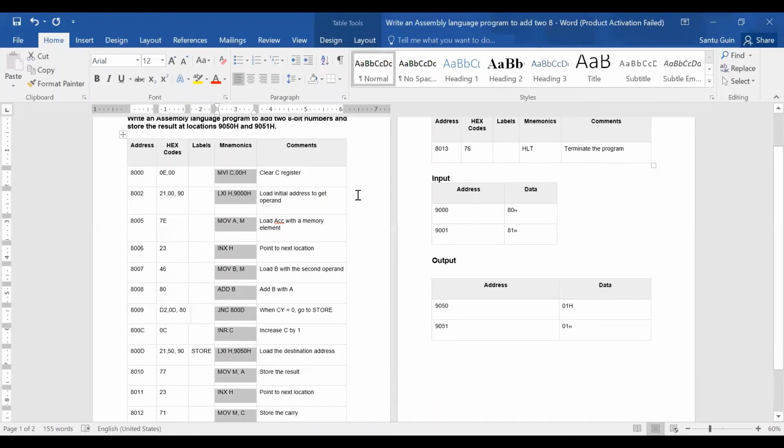So your first step is to write the program in assembly language instructions. Second, calculate the memory address of each instruction. Third step is to convert these mnemonics or assembly language instructions into machine code or hex code. So there are 3 steps to perform any program.